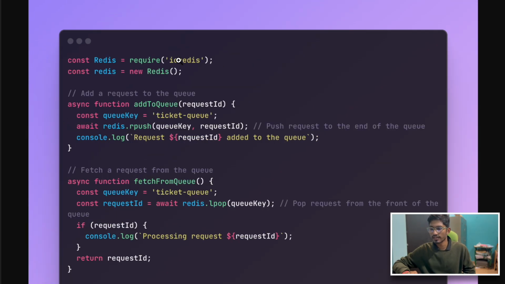For this case, I am using the ioredis package, and here we have a function called addToQueue, and we have a queue key called ticketQueue. This is basically the name of the list, or the name of the queue that we are creating, so that we can reference it later and get the requests from this queue later. So what does the addToQueue function do? It does a rpush, redis.rpush. That means inside this ticketQueue, which is basically a list,